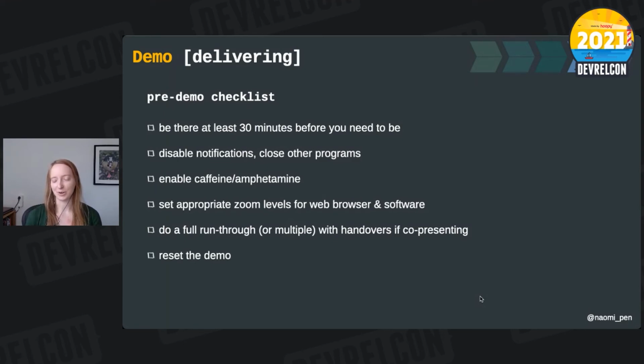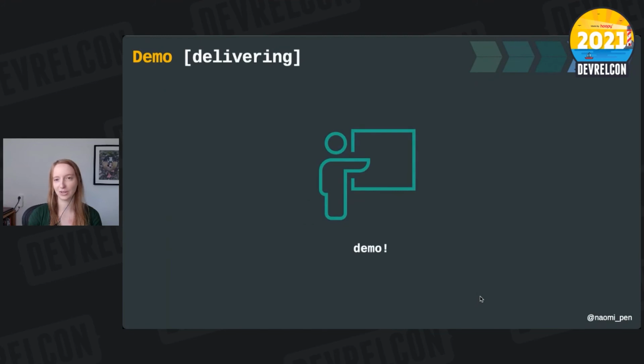It's not a great experience if you go on stage and then you find the data from your last run through and you go, oh, sorry, I just need to reset this right now. Okay, so much for the demo checklist. If you run through that and you've done all the rehearsals, you should be doing a great job with this